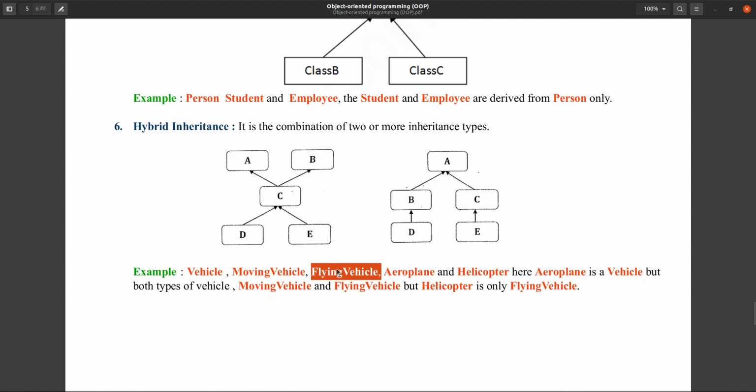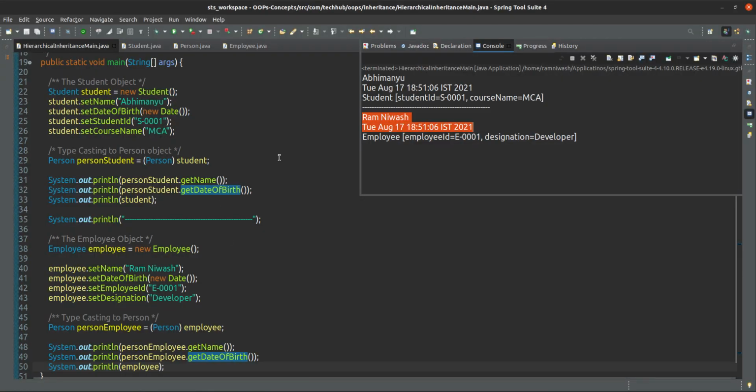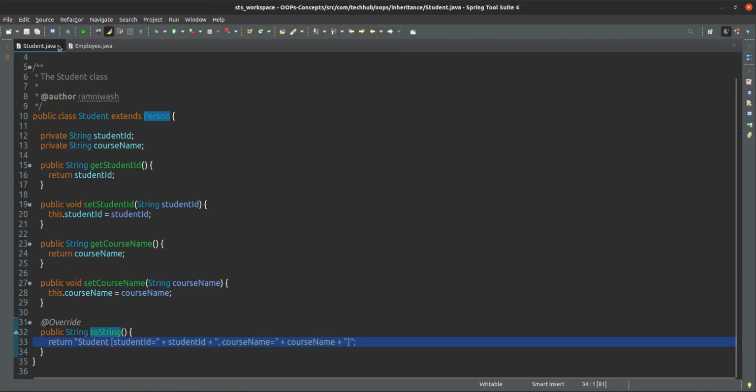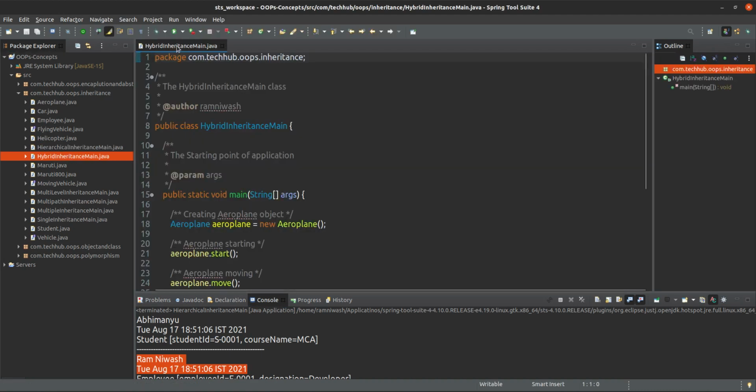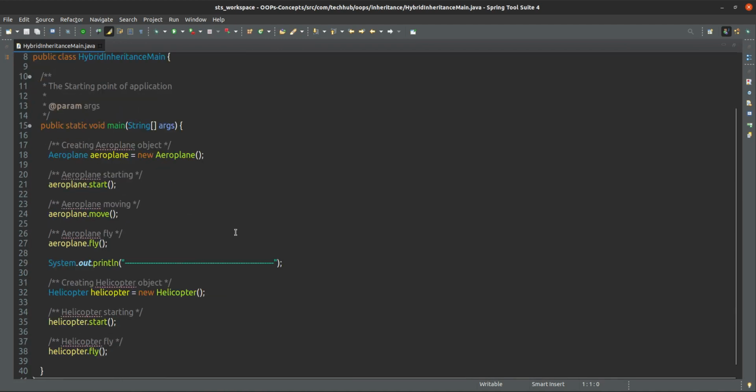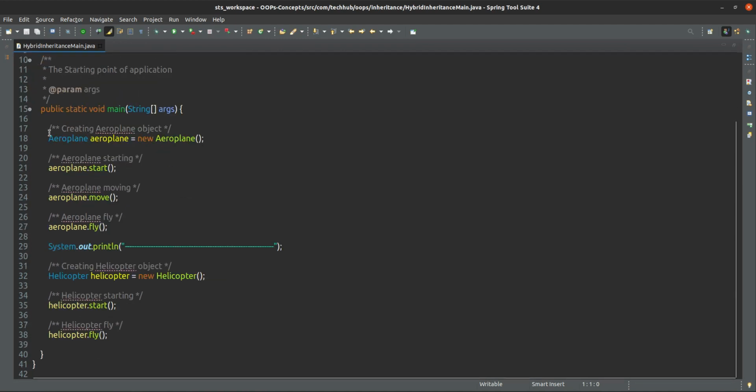So if you see the example of hybrid inheritance, here we have created one object of aeroplane. In this aeroplane we start the aeroplane. Here we are calling the start method, and then we are calling the move method.